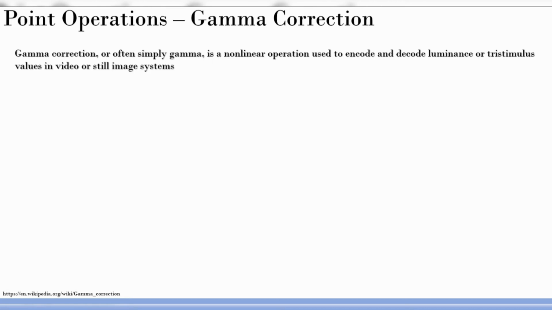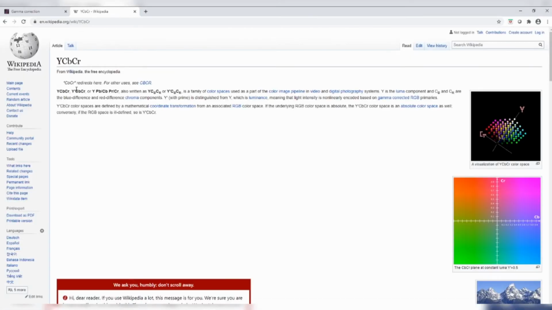For an RGB image, you have to convert it to something like luminance and chrominance. What I was saying is, we need to convert that RGB image into something like YCbCr, okay, the luminance and the chrominance components. If I look at Wikipedia, for example, you have something like this: YCbCr. So RGB has to be converted to this. The Y component is the brightness component, and Cb and Cr are the color components, or difference of color components as they call them. Some people call it YUV also, okay.